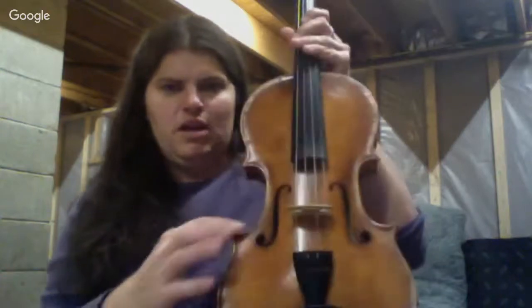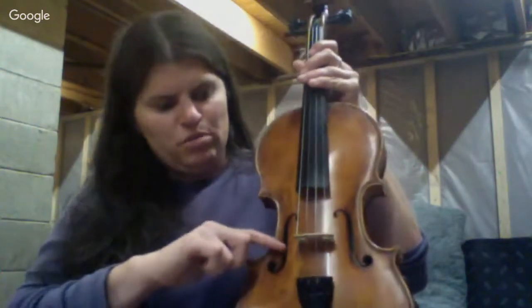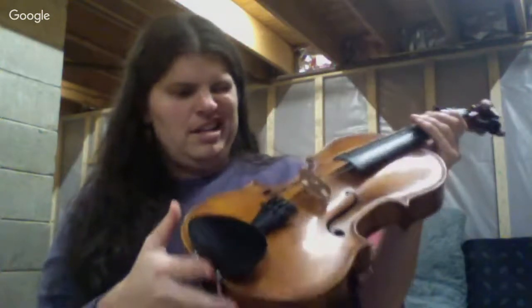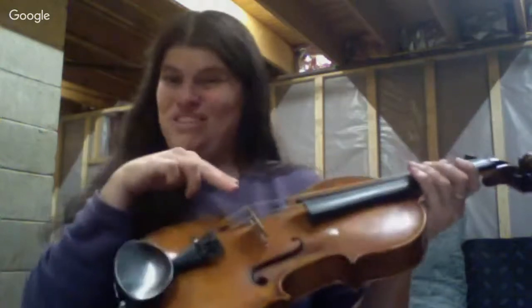You do then want to check your bridge, make sure it's centered, because sometimes when the strings get really loose, the bridge can move too, and that can really change the sound of your violin. The bridge usually should be centered in between the F holes, and pretty much centered on the little notches in the F holes. Then you can check and make sure it's not leaning one direction or the other, or you'll end up with a bridge that looks like mine,